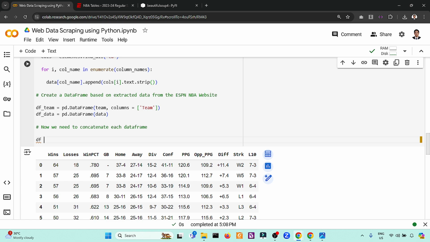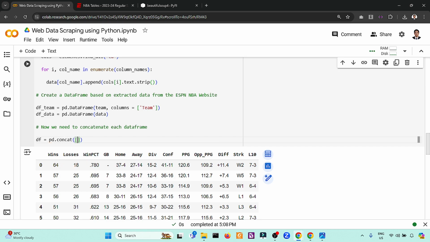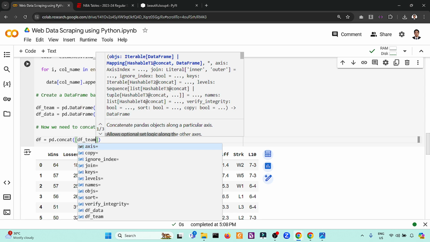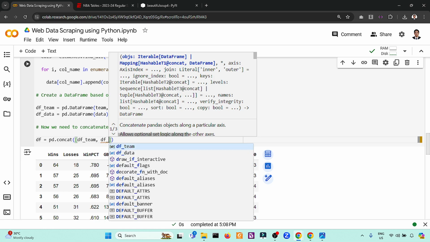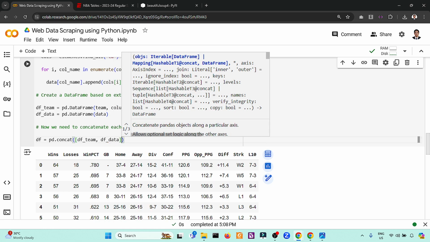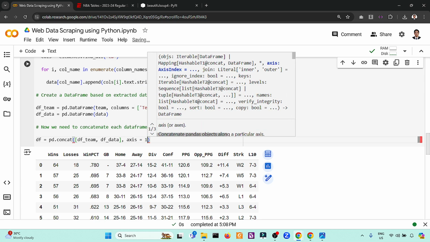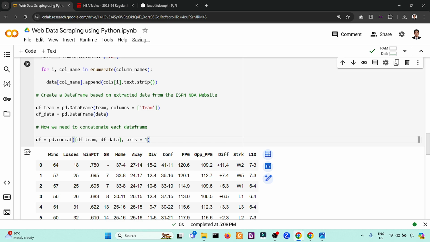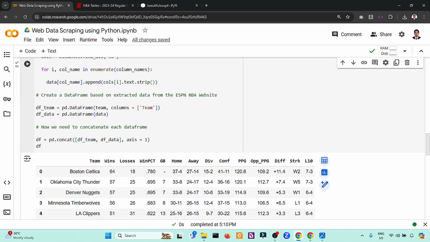It's very easy. So df equals pandas concat, and we will concatenate the df team and the df data on axis equals 1, because we're concatenating in terms of columns.